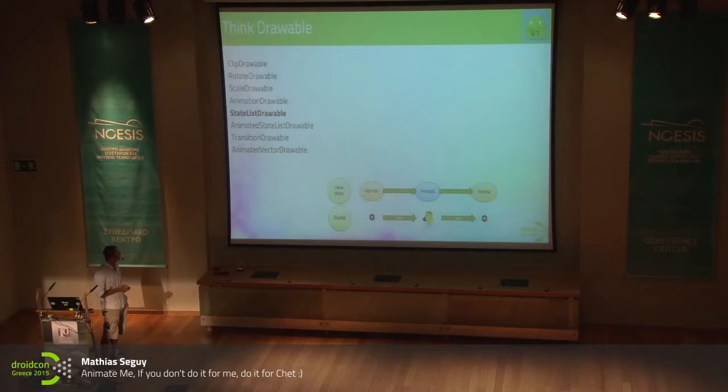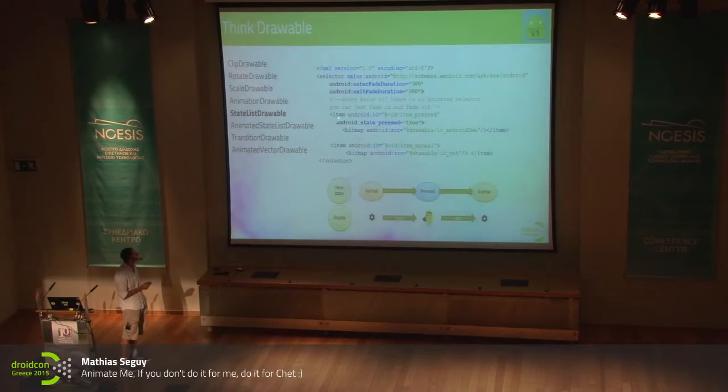We have the stateless drawable. A stateless drawable is a drawable that changes depending on the state of the component: if the component is pressed, hovered, enabled, disabled, or normal. So depending on this state, you define a specific drawable to display. When I'm pressed, I will define the Android GUI, and when I am normal, I define